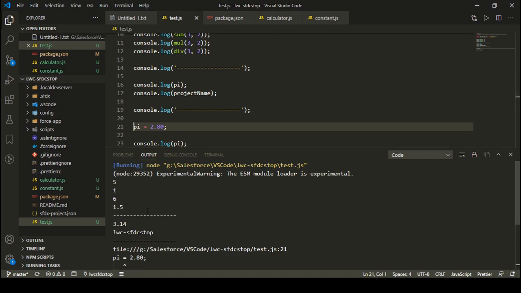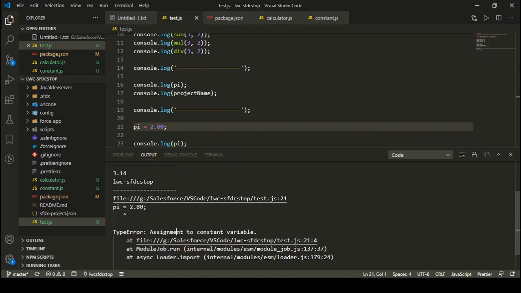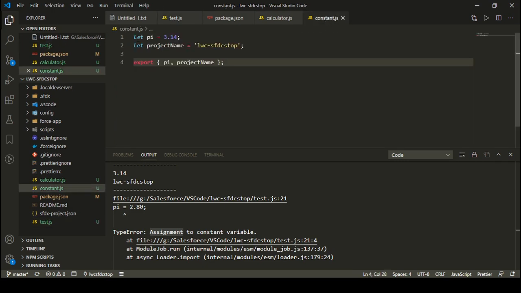So here you can see my first output is coming perfectly fine. Second output is also coming perfectly fine. But after that, when I'm trying to assign 2.80 to my pi variable, it is saying that I am doing assignment to a constant variable, and you know that in JavaScript, assignment to a constant variable is not allowed, right? You cannot assign or reassign a value to a constant variable. So what I have done in constant.js, these are defined by using let.